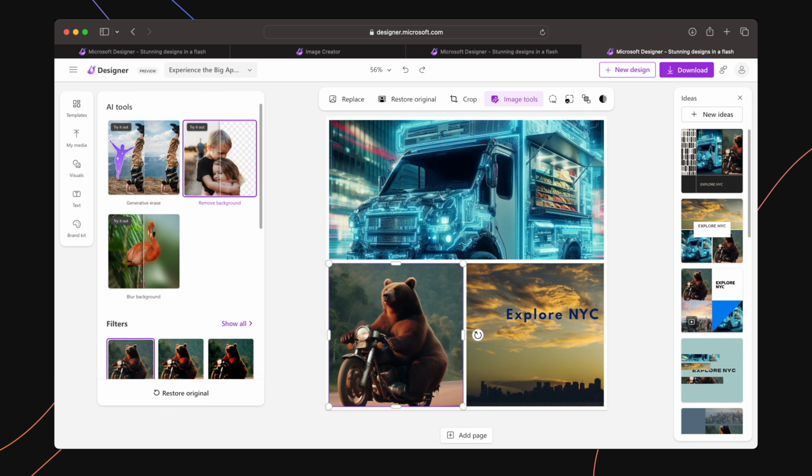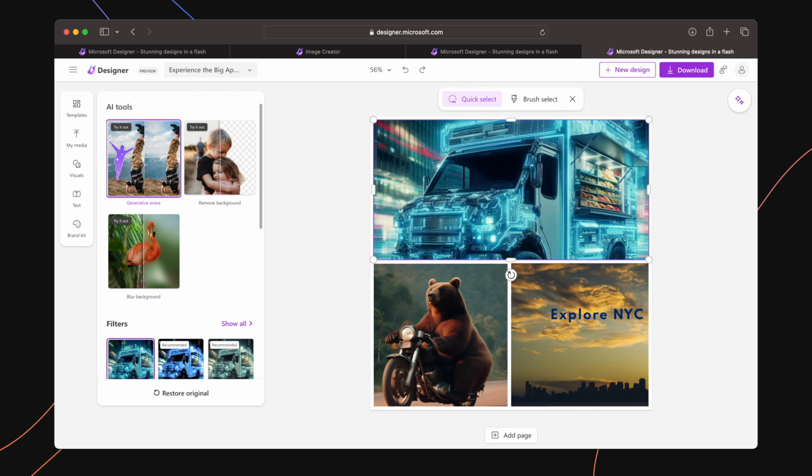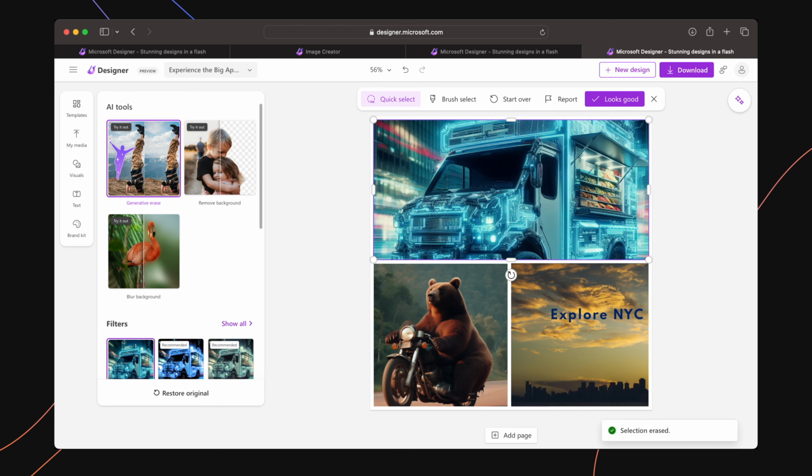So let's take it for a spin with our picture. I'll click into our truck and then select Generative Erase. As you can see, it then activates the Quick Select tool. I'll choose to remove the right-hand side mirror. So I'll select it, it gets highlighted, and then all I have to do is click Erase Object. And just like that, the mirror is gone and you'd never know it was there unless you had a really